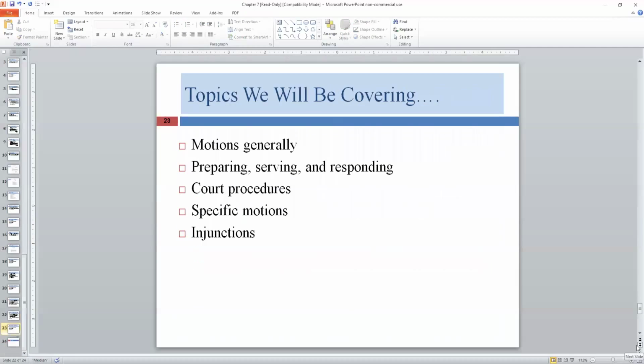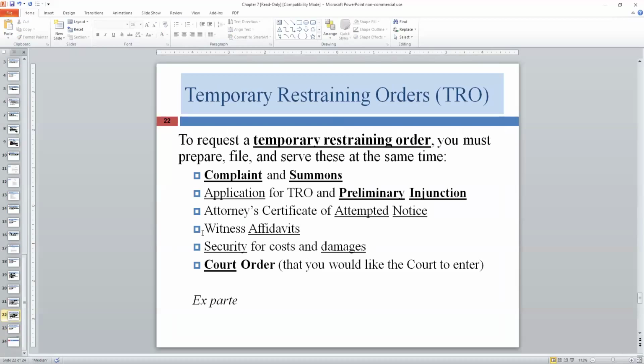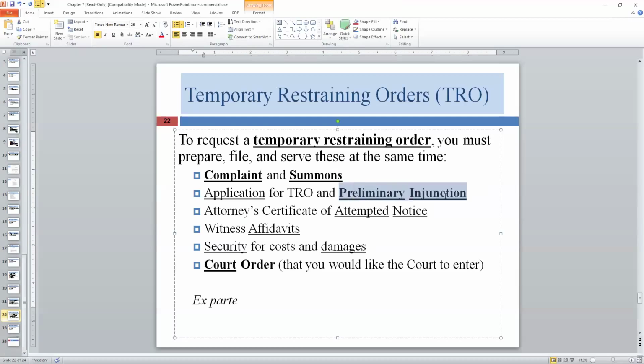So that's the TRO. I guess I don't have a slide on preliminary injunction. Let me talk about how that works. So let's say the court grants your TRO. It's an emergency situation. You've got to do it right now. The pollution is happening as we speak. So the court grants the TRO, but the court isn't going to allow that TRO to last very long because it's ex parte. We haven't heard from the other side, and it's really not fair to the other side that they haven't had their day in court. Of course, they'll eventually have their day in court when we get to trial, but that's a lot of months in the future. And so as quickly as possible, the court is going to say,